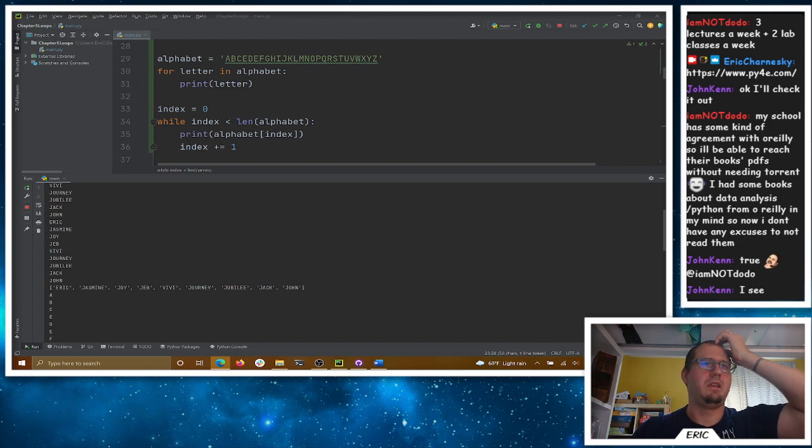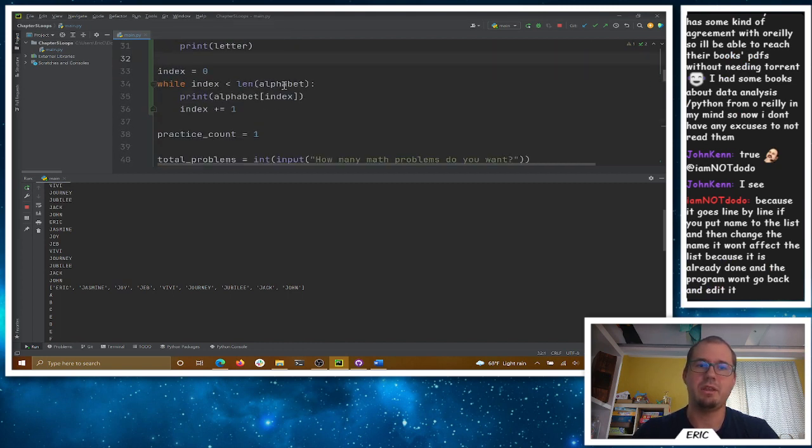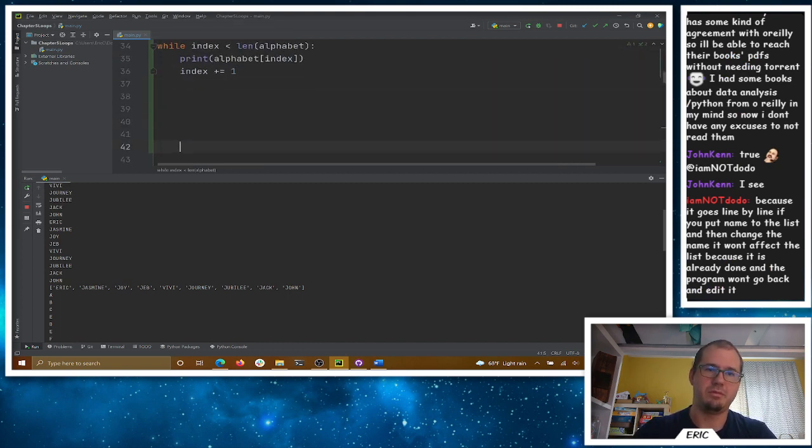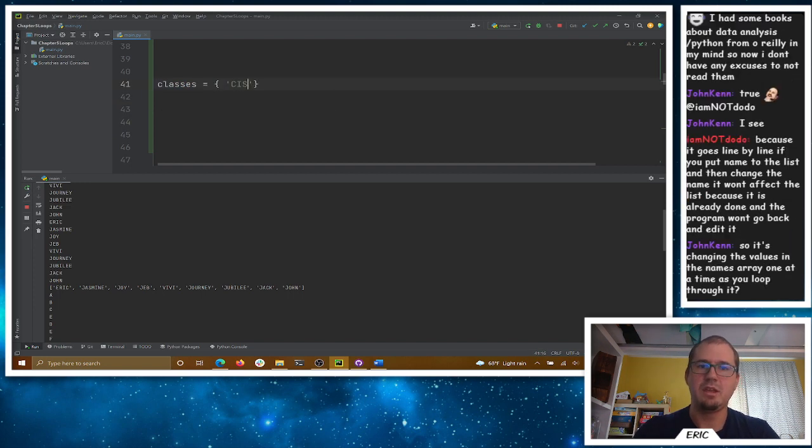Now, there's lots of any sequence type, right? Lists, tuples. You can iterate over a dictionary too, which is fun. So if we had that dictionary, right? Let me make much more space here. So if I had a bunch of classes equals a dictionary, and okay, we had CIS 1501 colon